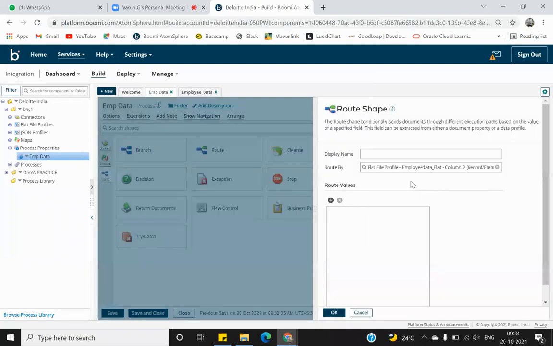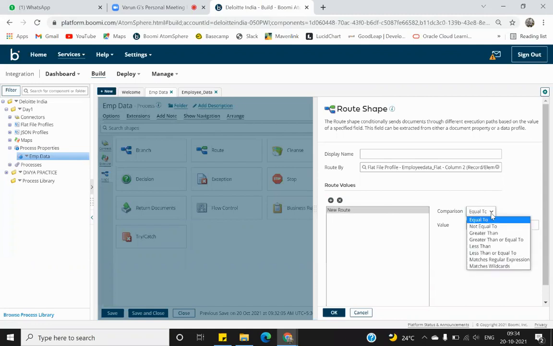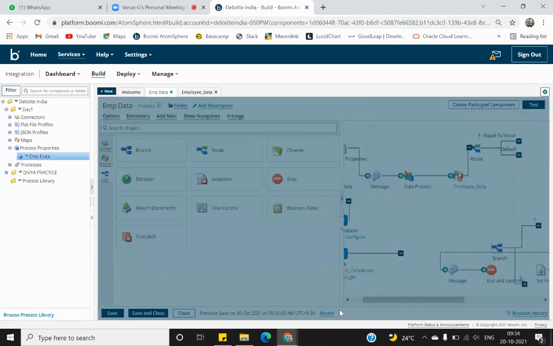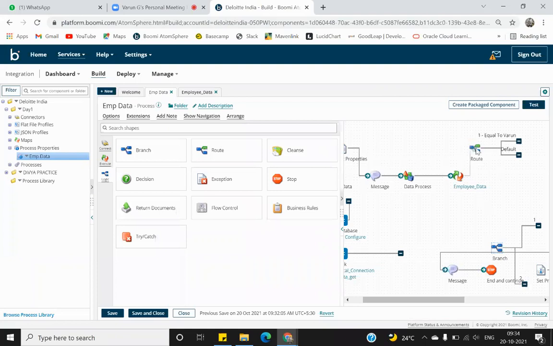I choose this. Now if I click on plus, it will ask what type of comparison you want to do, either equal to, not equal to, greater than. So all these comparisons are there. So say for equal to, I put it as Varun. Okay. Now if it is equal to Varun,